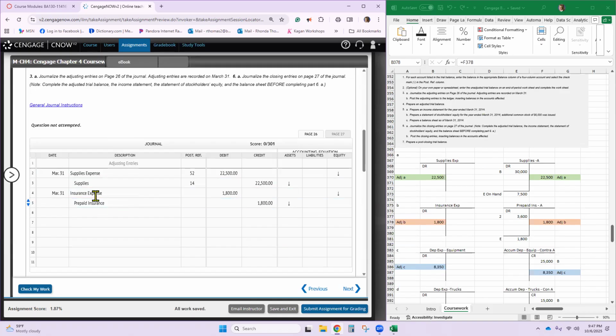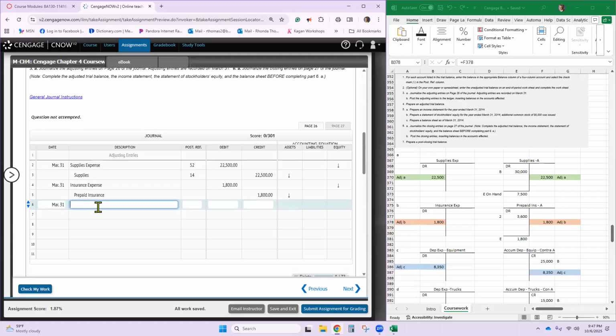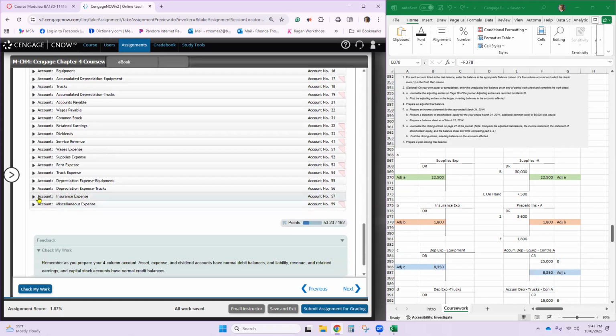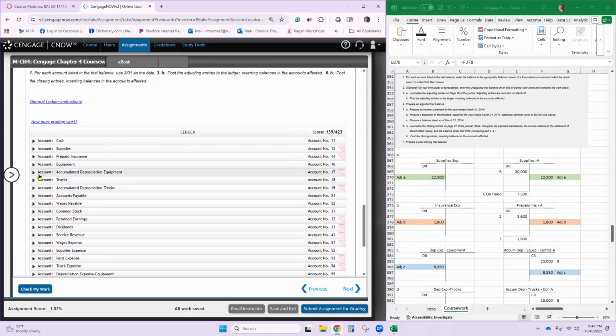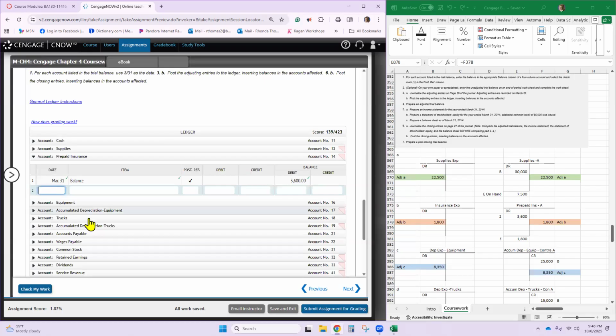1,800. Now let's post. Let's go ahead and put the next date in anyway. Let's post the insurance expense, a debit of $1,800. I think this is the first entry in here, March 31st. I wish they would let us put adjusting because I think you should, but it just won't. It doesn't like you to do that. Page 26, it's $1,800 and the new balance is $1,800. Close it. Go to prepaid insurance, which is an asset. We are going to put in this adjustment, March 31st. It already has the balance.